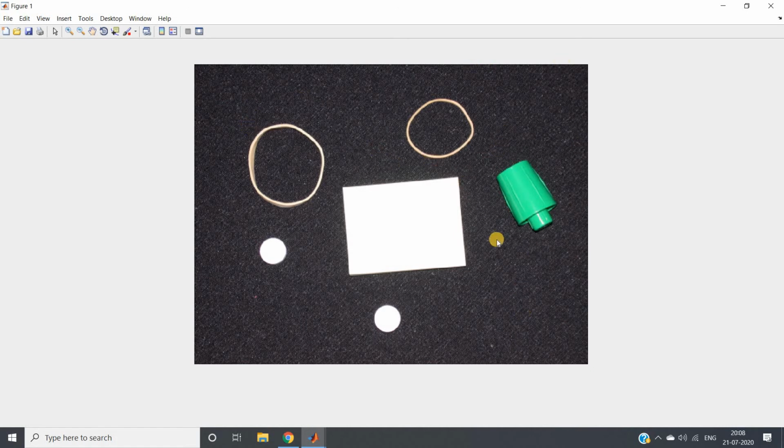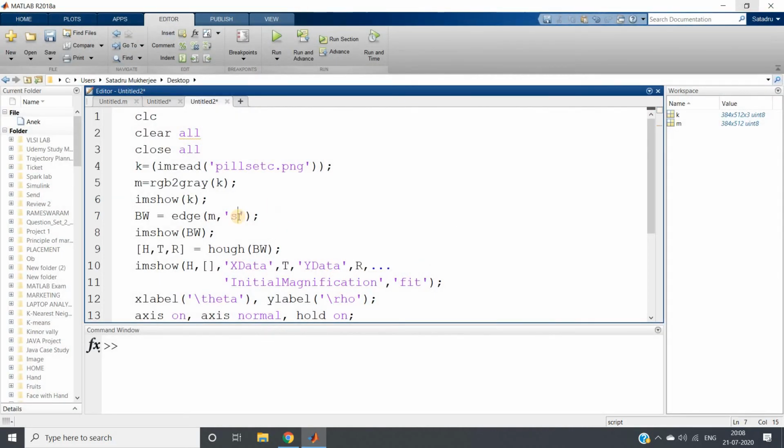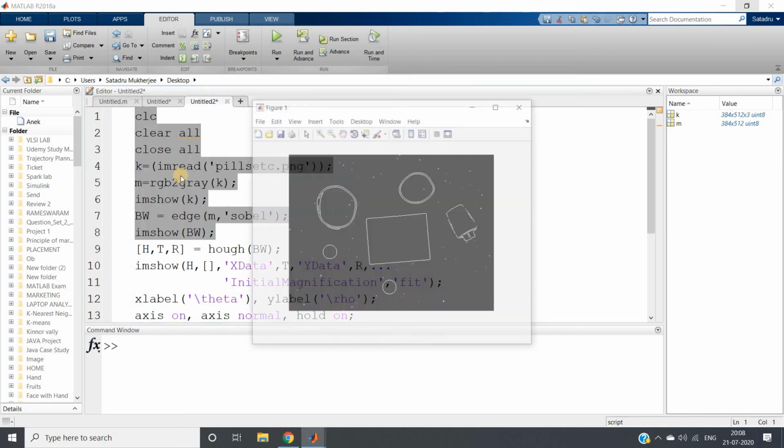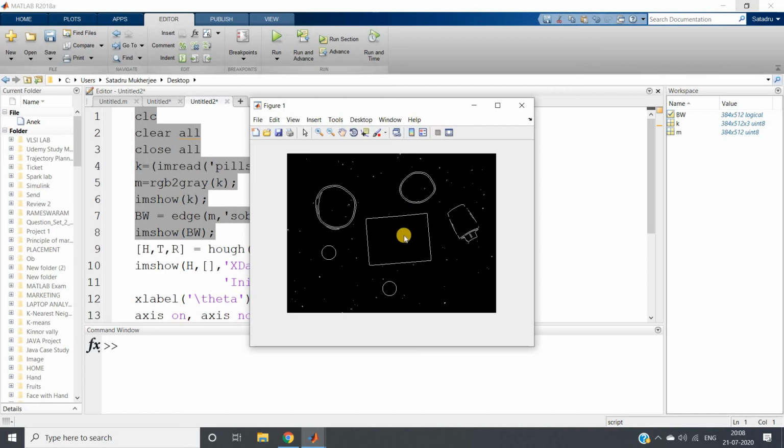One way to remove the texture is to apply some low pass filter, maybe a Gaussian filter, smooth your background and then apply Canny edge detection, or you can use Sobel edge detection. Sobel, Prewitt, these things I have already discussed, right? See, Sobel edge detection is not detecting that background texture. Actually Canny edge detection is very much optimized and performs best for detecting edges. Sobel edge detection does not have that much accuracy to detect the slight edges of the background, so it will detect majorly the objects only.